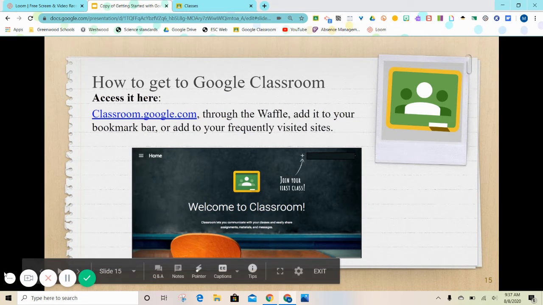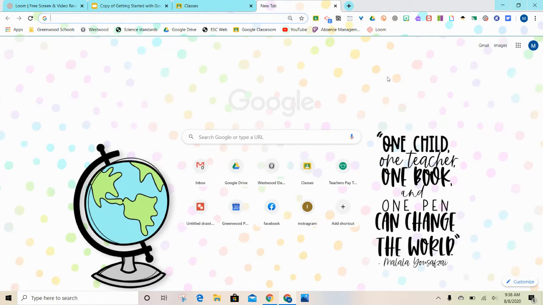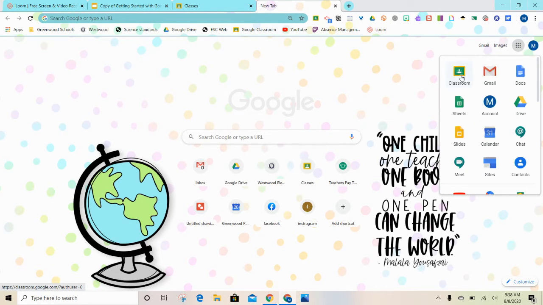You can navigate to Google Classroom several ways. You can go to classroom.google.com, just type it in your Omnibox. You can go from your Chrome homepage. I have it bookmarked because it's a site that I frequently use. So it's here. It's also here on my frequently visited sites, or I can launch it from my Waffle or